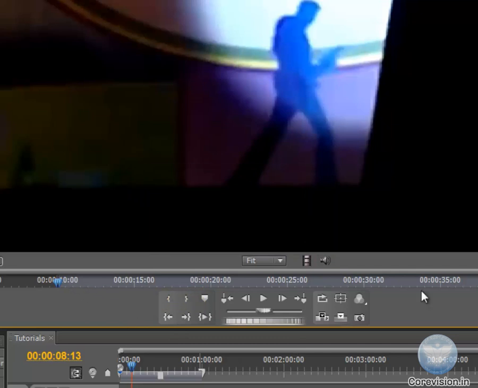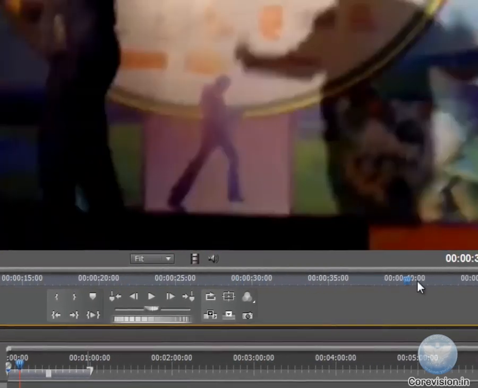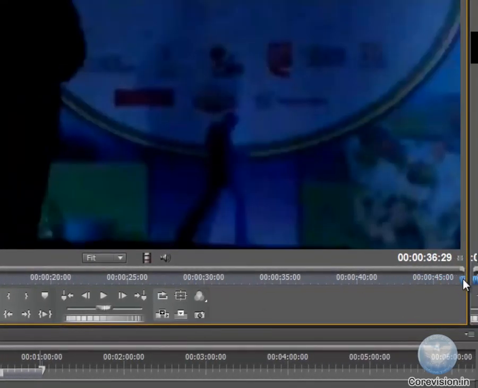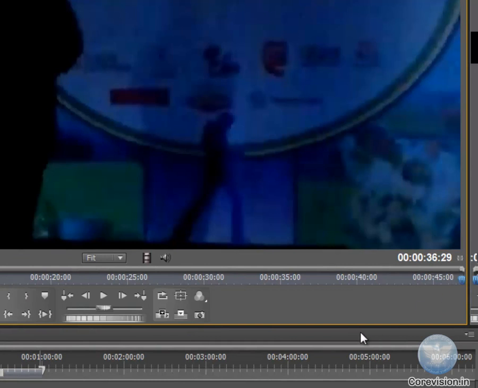Now since we want all of the clip, we will just move the CTI to the last, just after it becomes black right over here. We will set the out point. Now since the in and out points are now set,